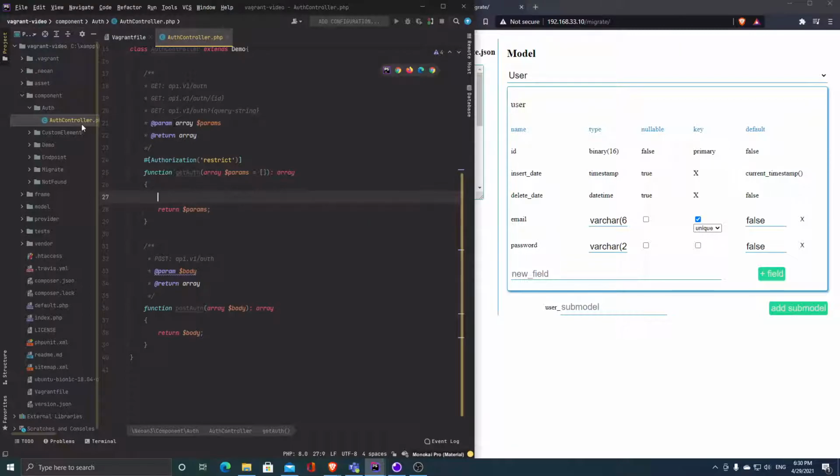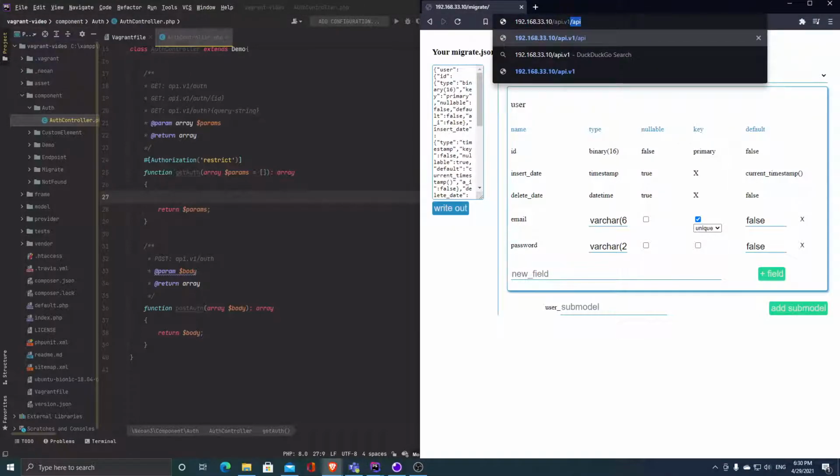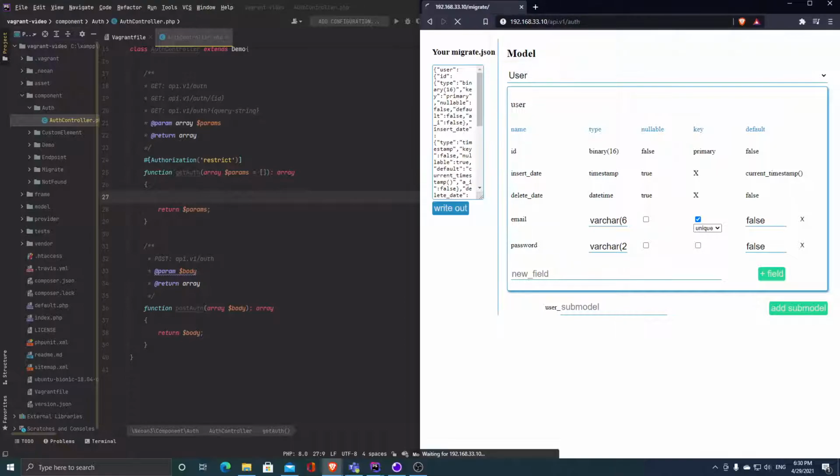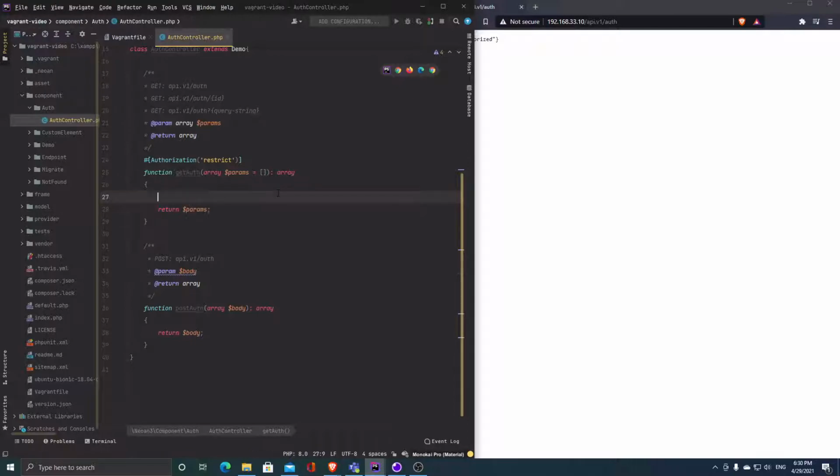So the way neoan3 works is if I have a component auth and it's an API component, then basically I can simply say, I'm going to use the standard API, which is v1, that's the RESTful, and then say auth. And if I hit that, then the GET request gets fired, and as you can see, I get an error: unauthorized,